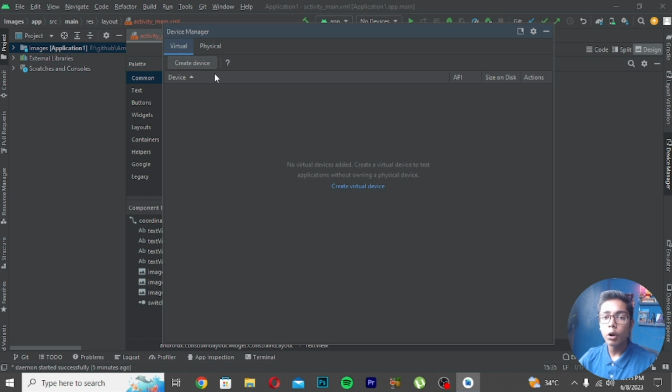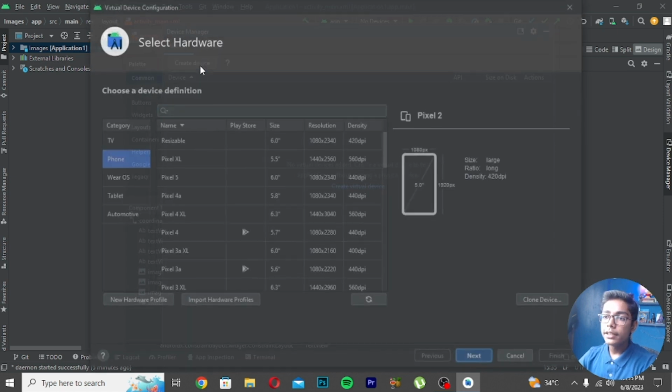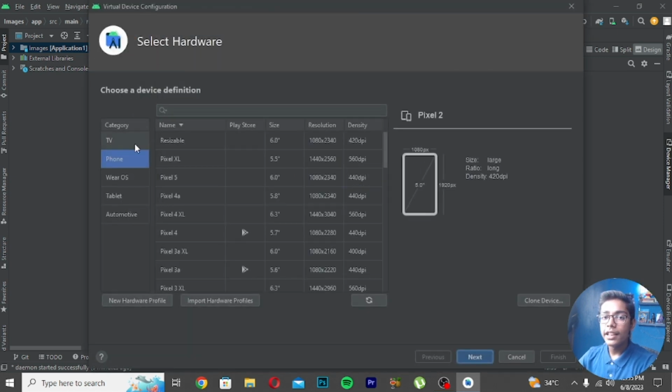Remember one thing, if you have not installed the components which I am telling you in this video, you have to install that, because if you have not installed them, creating the device will give you an error and your device will not be created. Remember to install all the SDK components which I am telling you, then you can move on to create your device. Then you have to press this create device after you have installed all the SDK components,